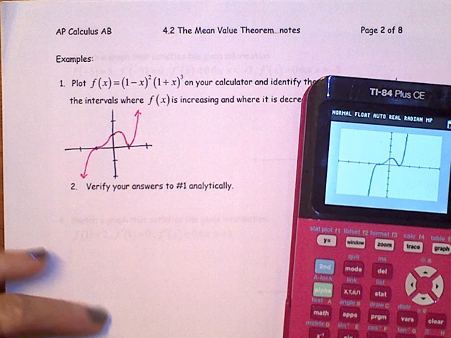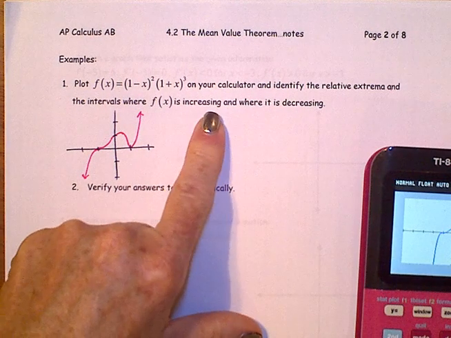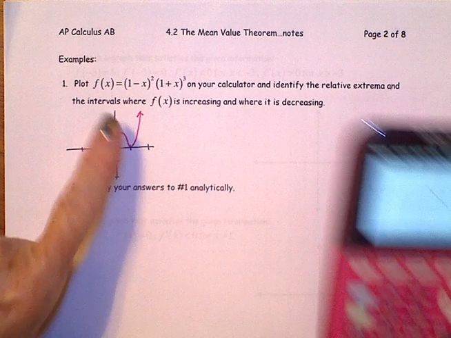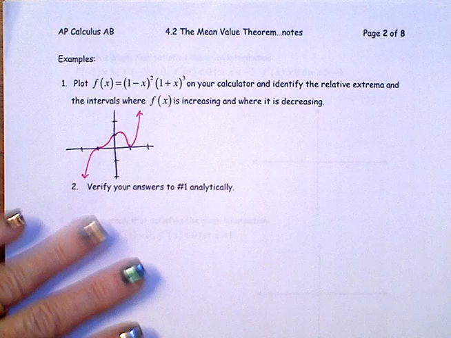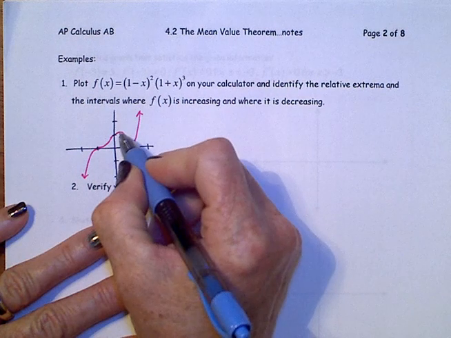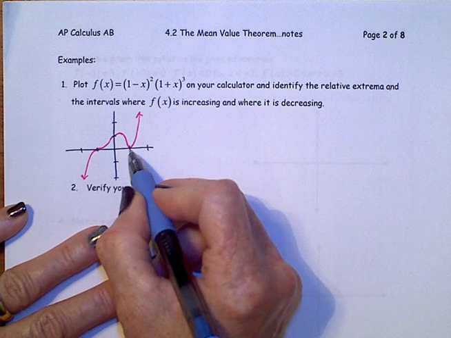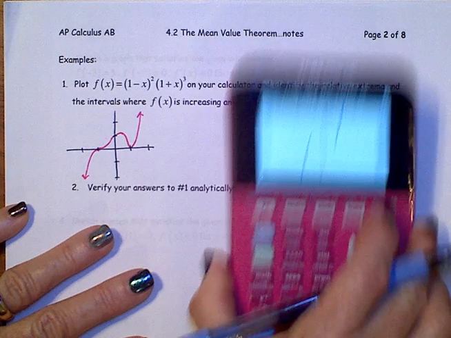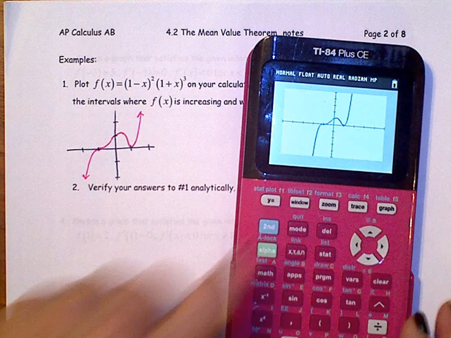And we want to find intervals where this function is increasing and where it's decreasing. Identify the relative extrema. So looking at this graph, I'm going to use the one on paper. We see a relative maximum point here and a relative minimum here. And if we check those, we are going to have a relative maximum